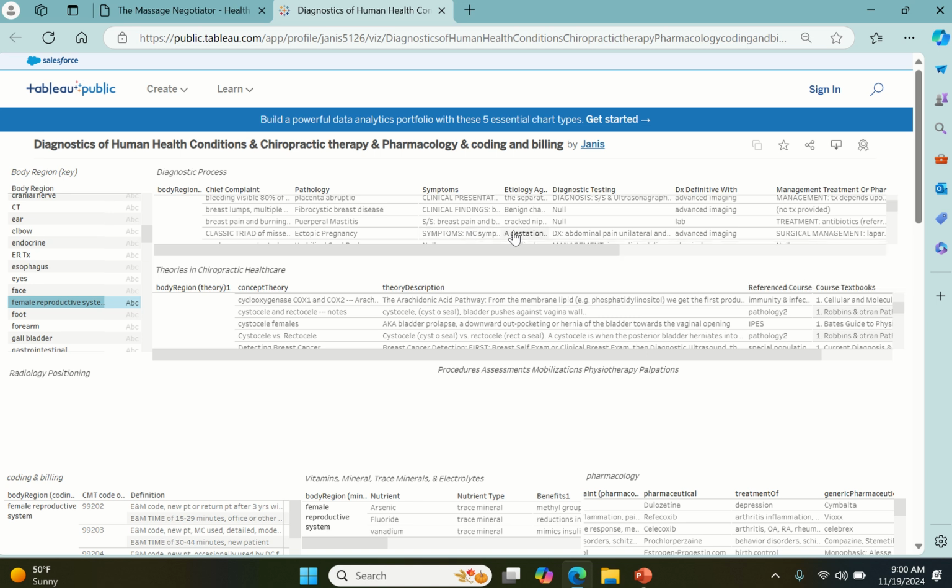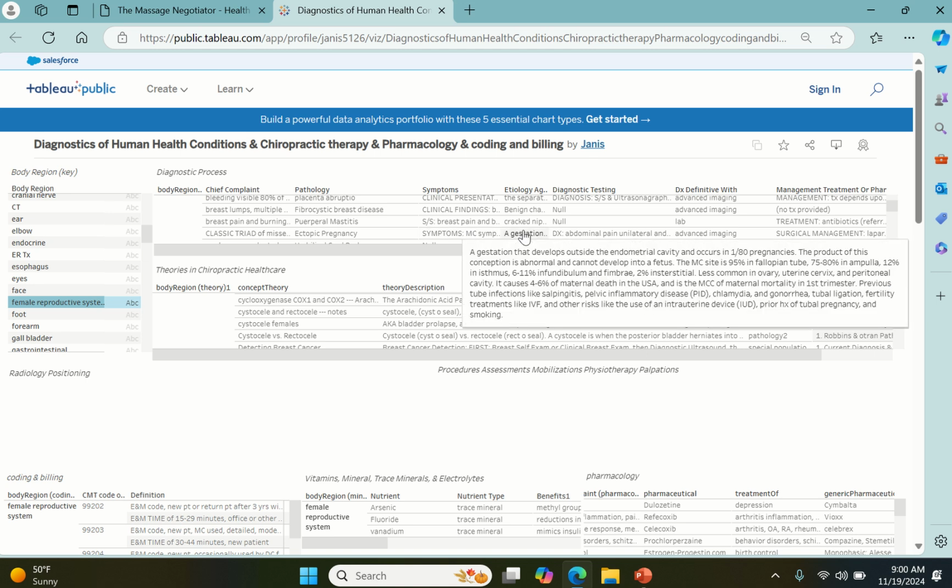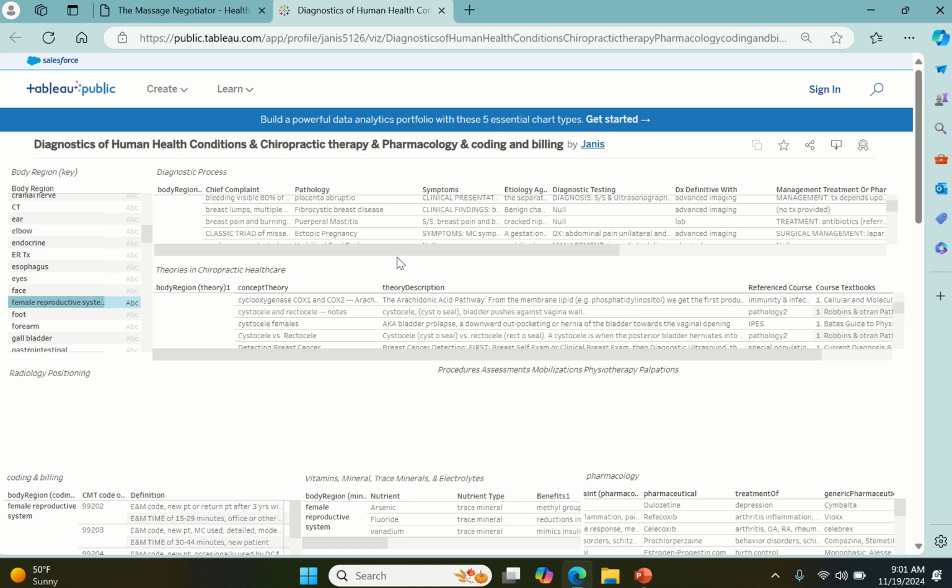If you go to etiology, it says that chlamydia is in there right here, and gonorrhea. But it'll explain more information if you happen to see that. The chief complaint's nice because if you have somebody who complains about these things, if it's listed, because really